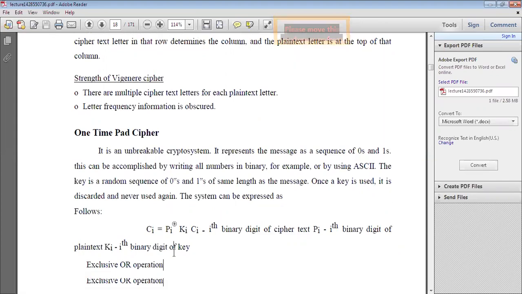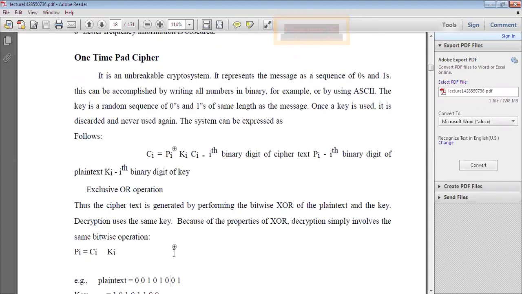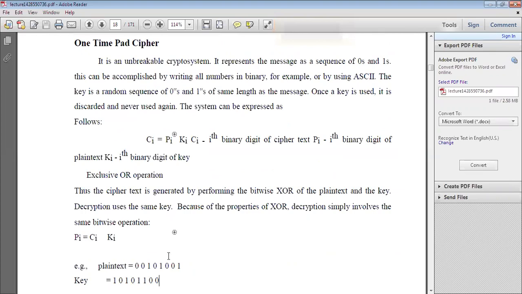So with the XOR operation, you can easily encrypt the value. For example, see here, this is the original plain text you have to send. Along with this plain text, you use the key. So this is the key. After converting like this, you get this plain text you want to send from sender to receiver.